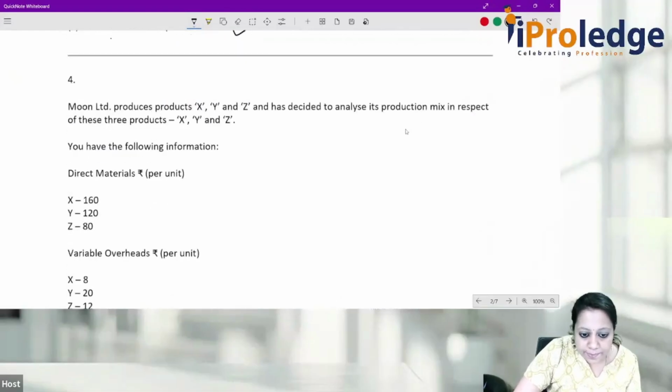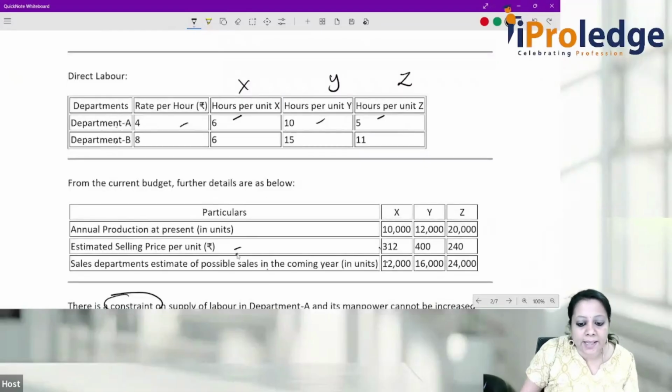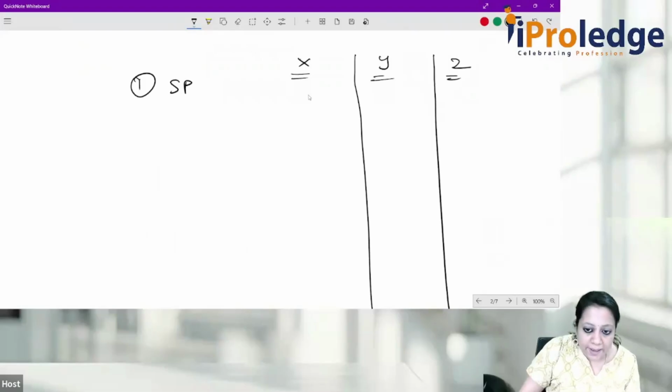So now here they have given the selling price. So we will take that selling price. I have it here. You all please check the PDF. 312, 400, and 240